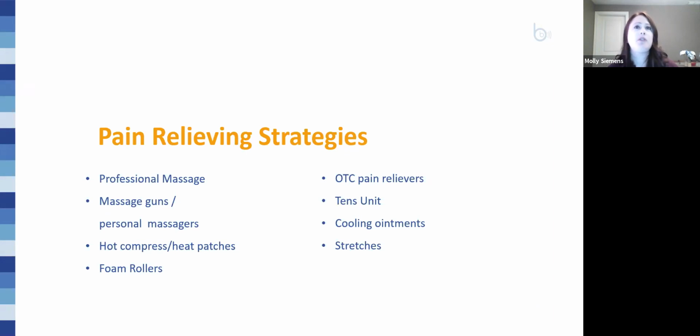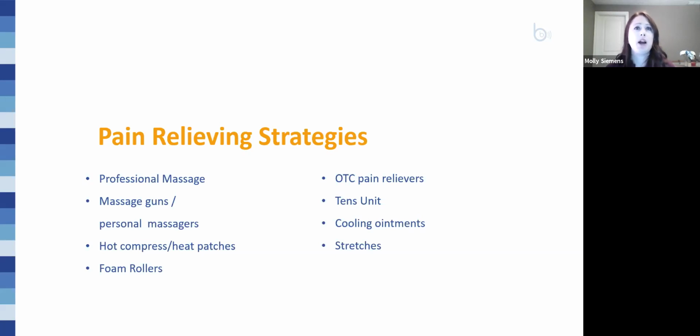Getting a professional massage, whether it's traditional or deep tissue, depending on your preferences, can help work out those muscles that get overused the most. Remember, though, to drink plenty of water before and after. Massage guns or personal massagers can be helpful to work problem areas when you can't get to a professional,